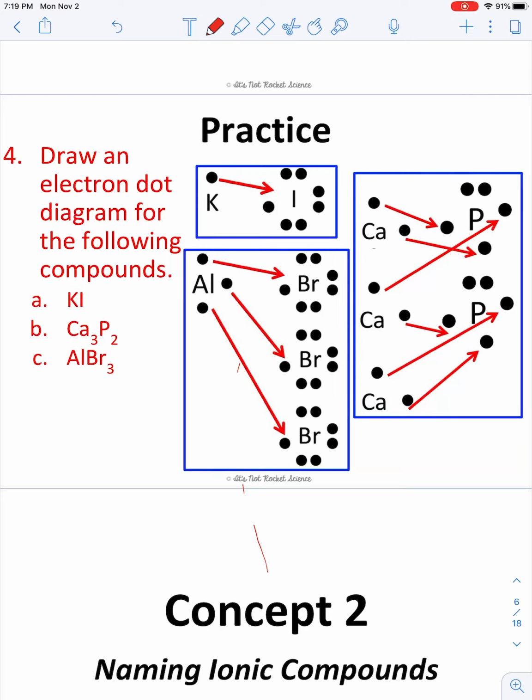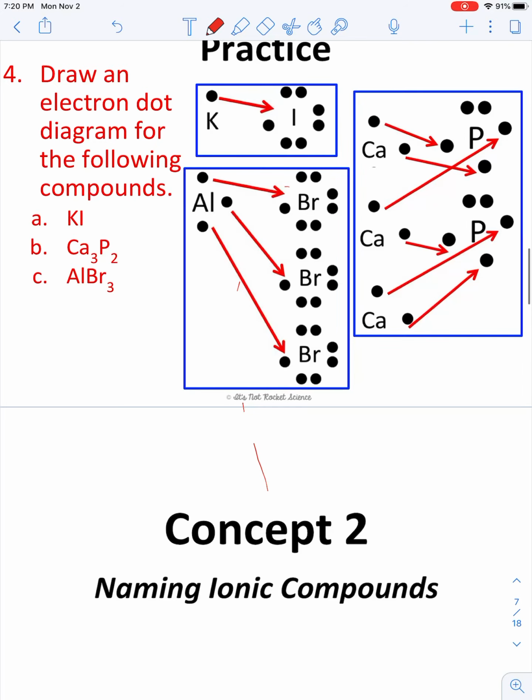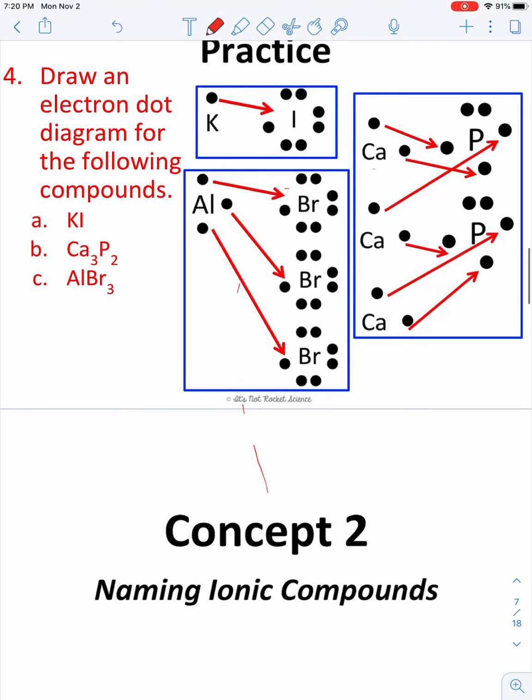In this particular example, potassium is transferring an electron to iodine. So this is an example of an ionic bond here. Aluminum is transferring 1 electron to each one of these bromines so that bromine is full. So we do the same thing when we crisscross and reduce. So for example, aluminum is +3,